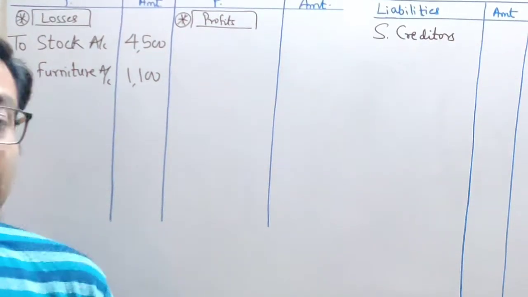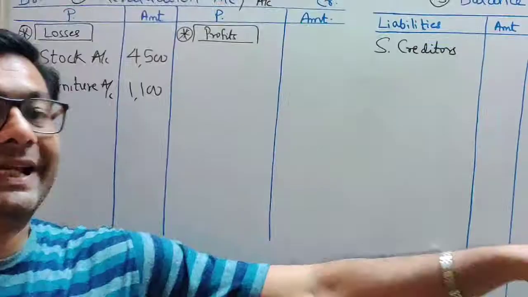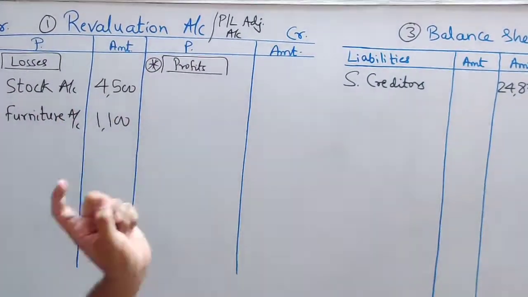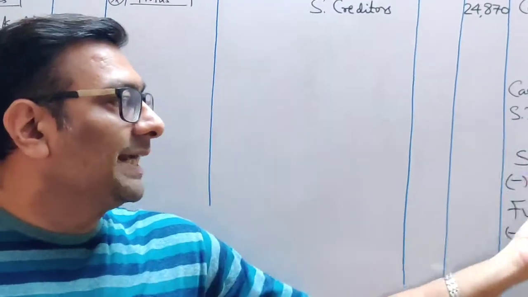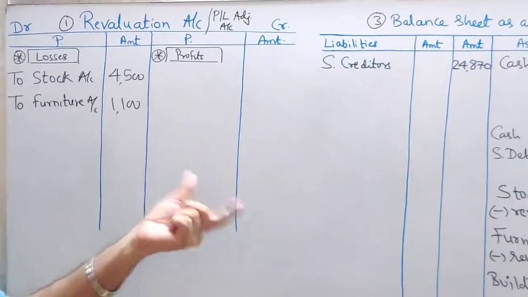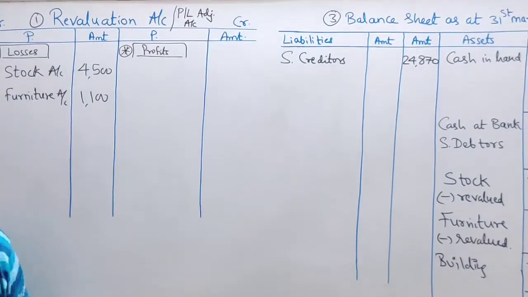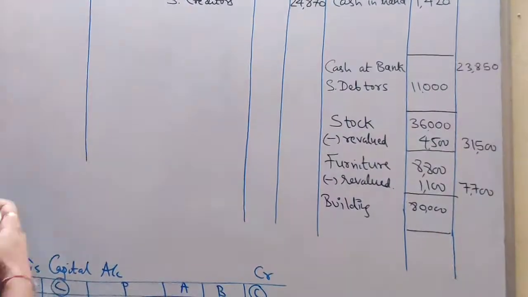And have you observed carefully, students? You are going to write the adjustment at 2 places. You are going to give 2 effects. Am I clear with this? So whenever you do an adjustment, students, remember, write two effects for all the adjustments. Let's do the second one. The second adjustment says the building is to be appreciated by 15,000.